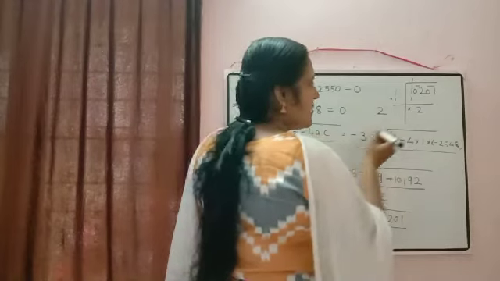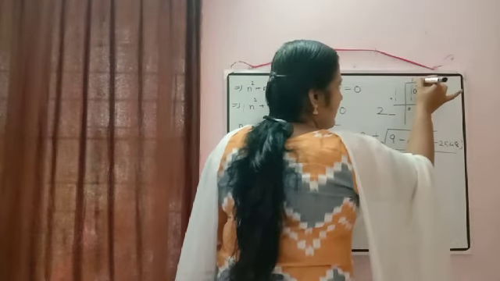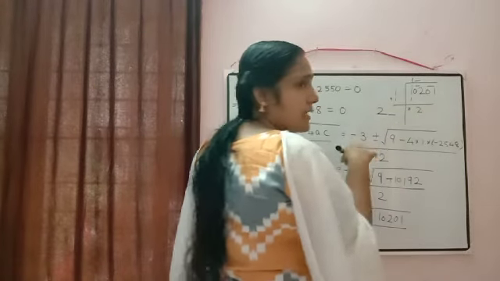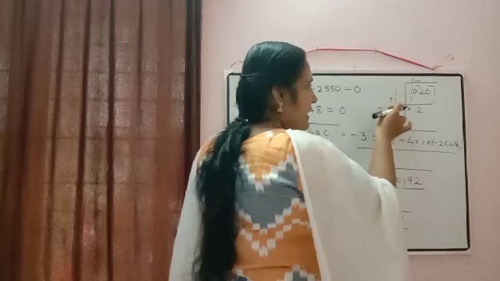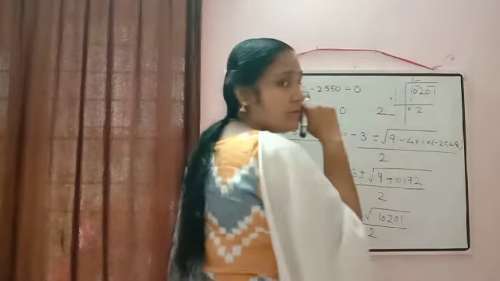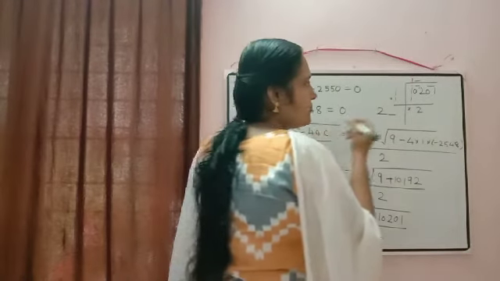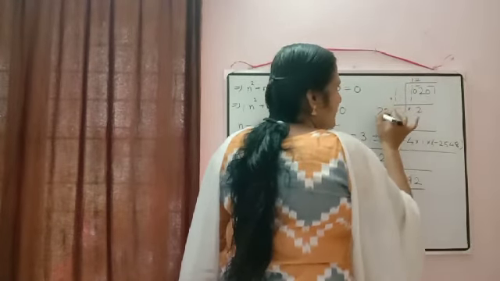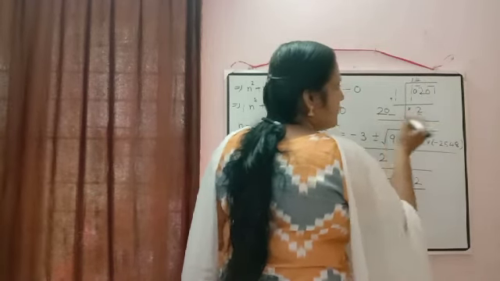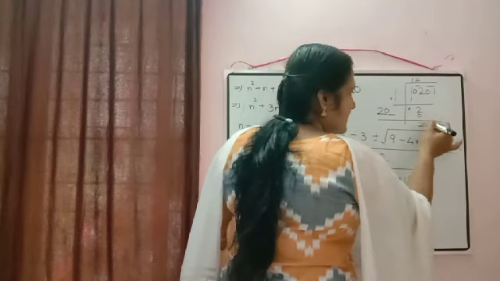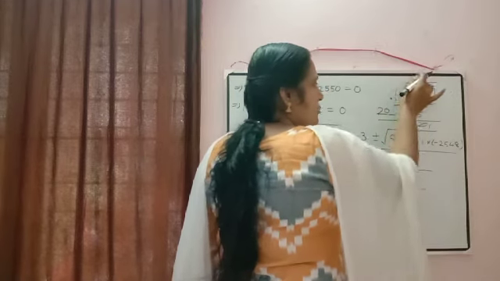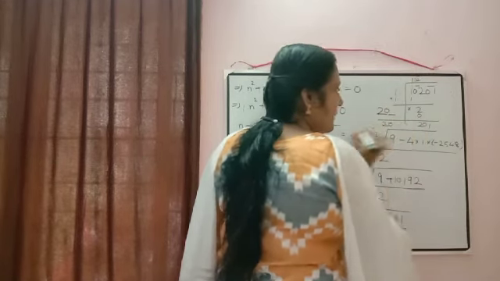Now the next concept is whatever number you are writing here, the same number should come here also, and the multiplication should be equal to 2 or less than 2. But here if I write 1, then here also it will be 1. Then 21 into 1 will be equal to 21, which is greater than 2. So what can we write here? 0. So 20 into 0 will be equal to 0. So 2 minus 0, 2. The next pair we will write, that is 0 1. Here the number which we have used here, that we can add. So 20 plus 0 will be equal to 20 only.